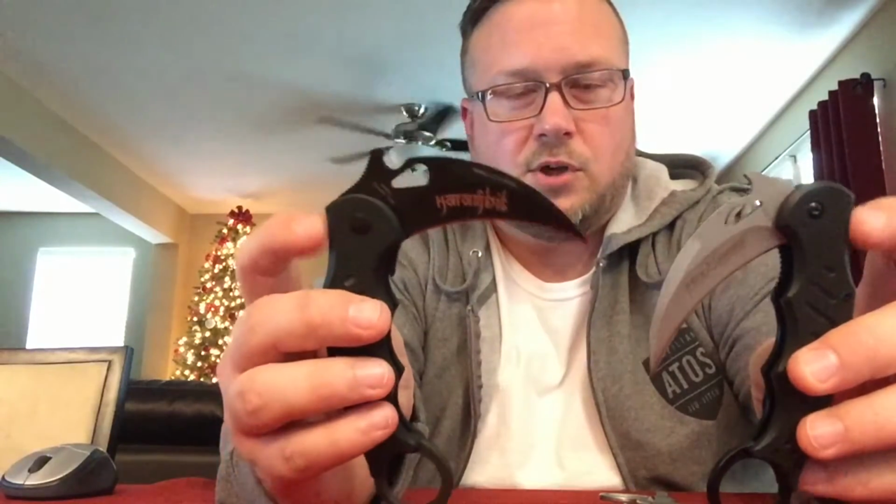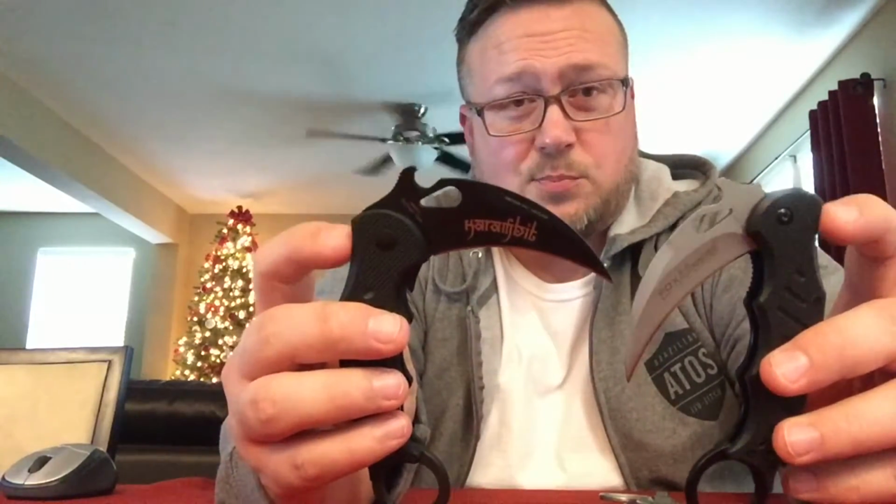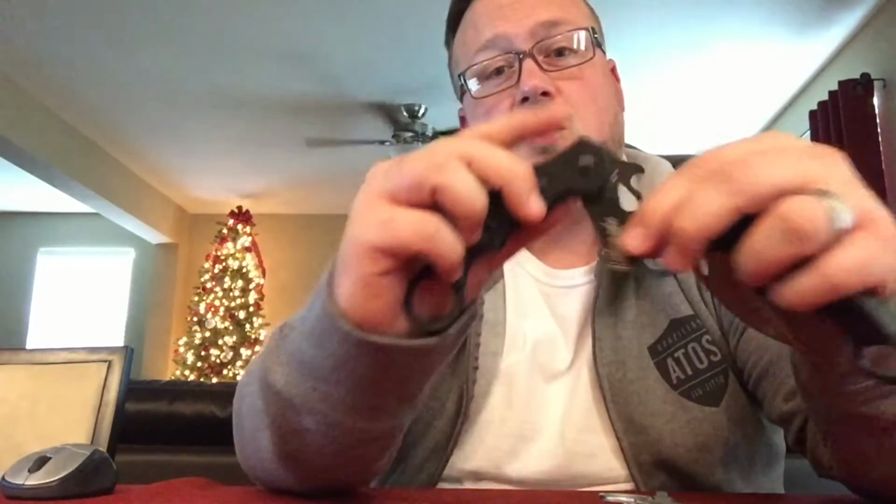These are not spring assisted. They have some helpers on the back if you're holding it in heaven position, and if you push them down, they'll pop up. You can see that karambit.com's Fox Knives pops up quite a bit more when you push that in. So even though it's not spring assisted, it does come up more. So with a flick of the wrist, it should be able to just pop open like that in heaven position. This one will do it too. You have to push a little harder,